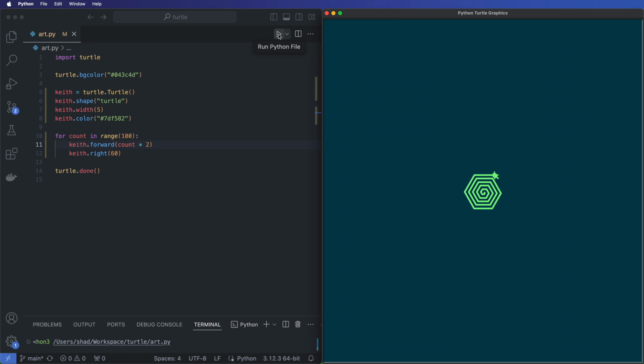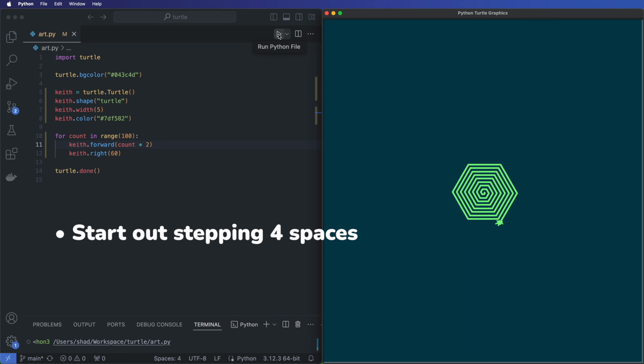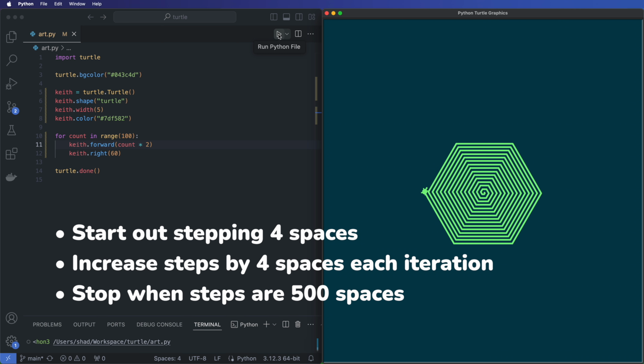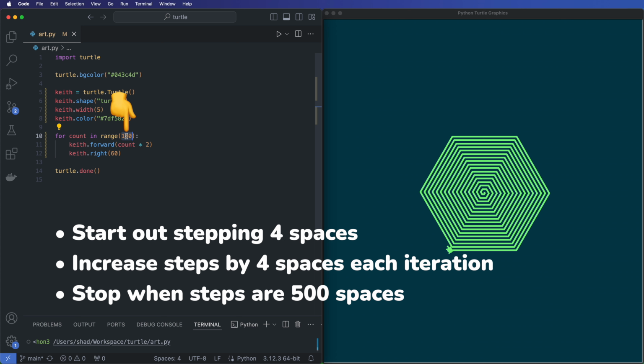By the way, there's another way that we can do this, and it's built into the range function. Let's say that we want Keith to start out moving forward 4 spaces, and then each time through the loop, we want to increase how far Keith travels also by 4 spaces. And let's say we want to do this until Keith is taking giant steps of 500 spaces. To do that, we pass those 3 things here. So initially, Keith will step forward 4 spaces, comma, until he is stepping 500 spaces, comma, with steps increasing by